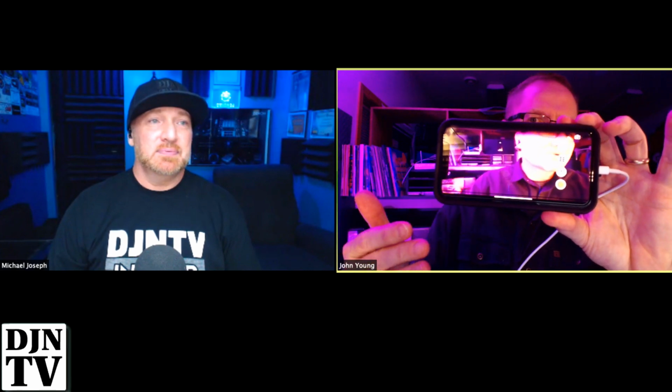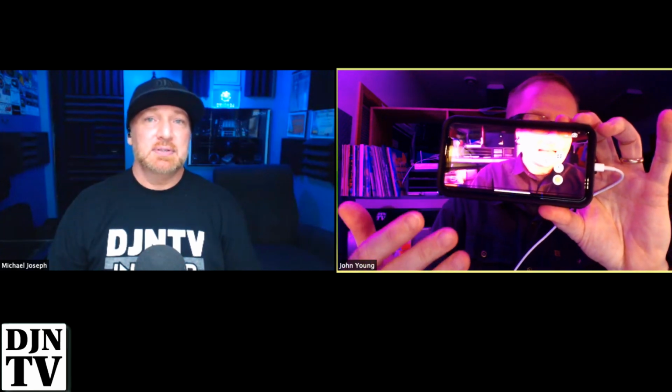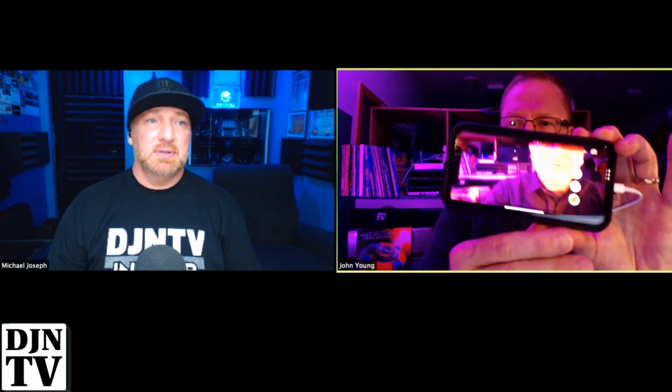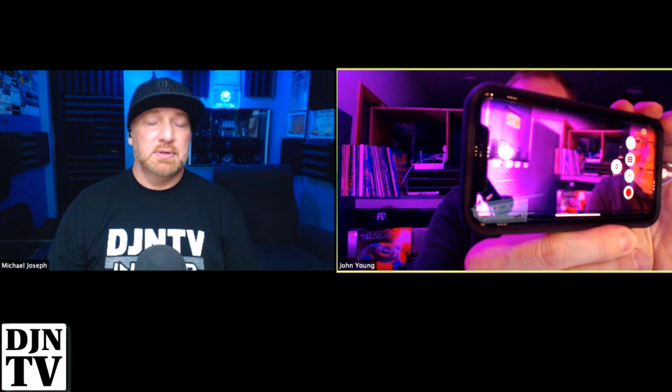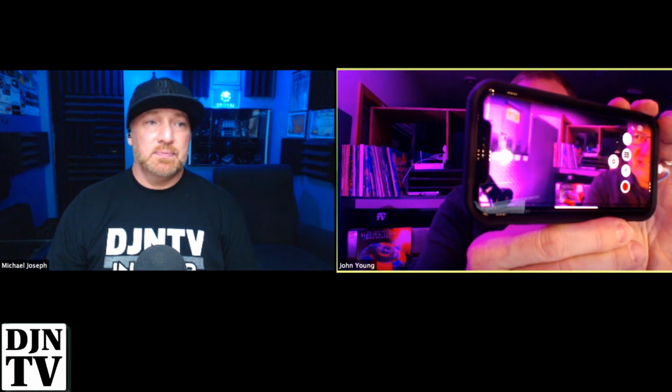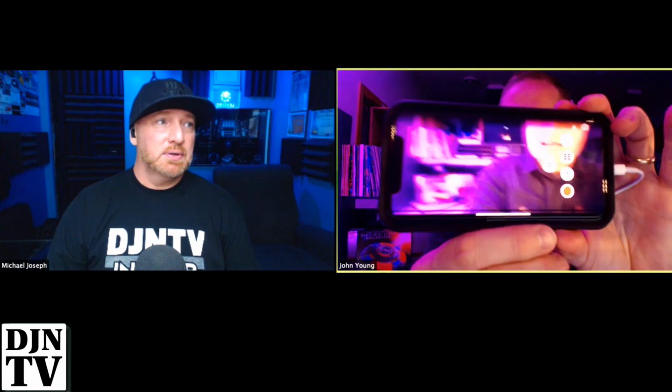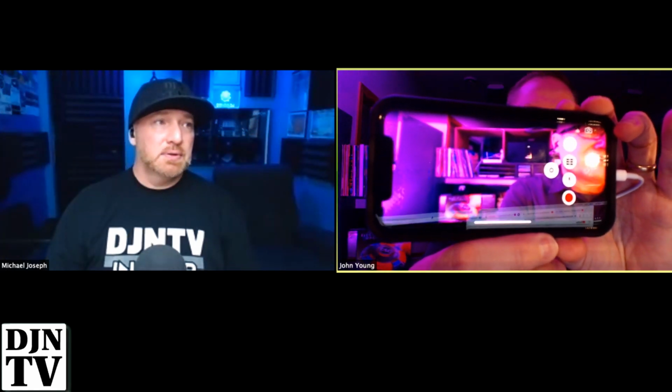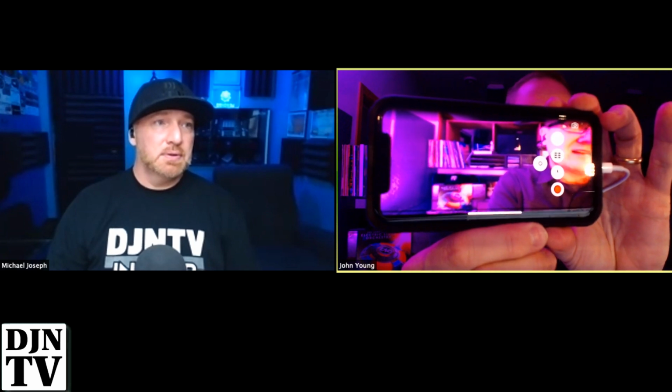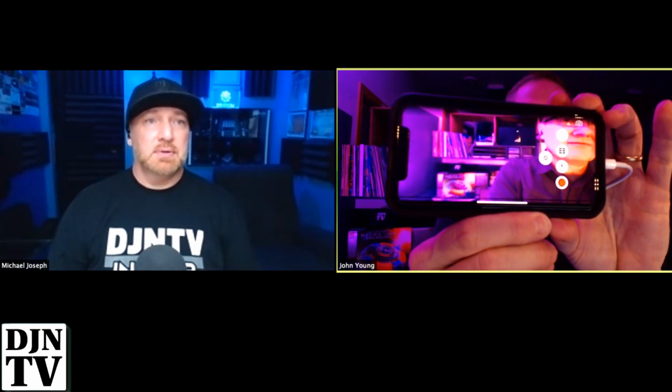So the cool thing about Wirecast Go is that it has layers where you can actually have a graphic. So you can have like the DJ news on the front, or you can have that scene, and there aren't any mics on. You've got the scenes, which is that little panel, and then the microphone is right above the red dot. That's the microphone for turning it on and off. And then we have the little red record.